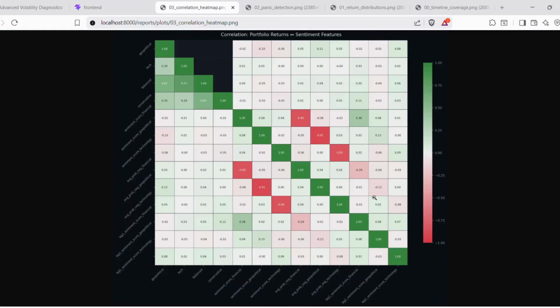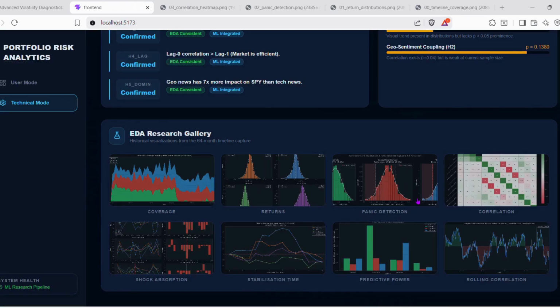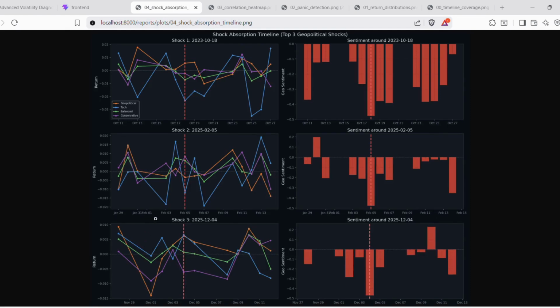Here we see a correlation coefficient heat map to understand how every single type of portfolio is correlated to every single other type of portfolio. And similarly, we have the ones seen here for shock absorption. Now, this one has been done with respect to geopolitical shock, since that was the most predominantly affecting sentiment that